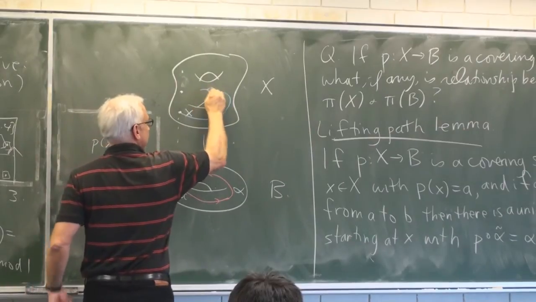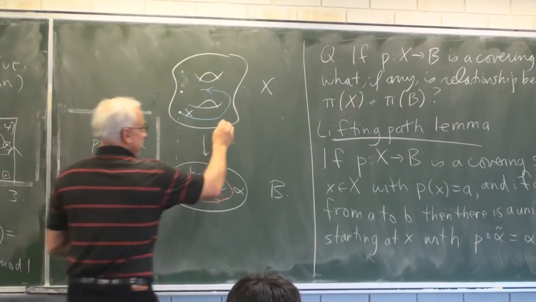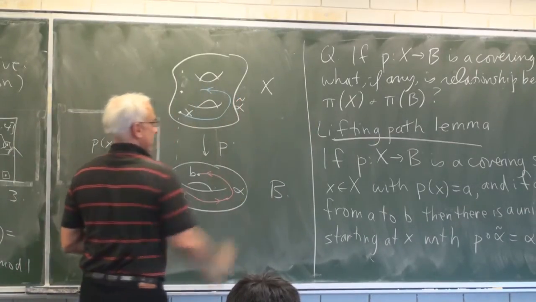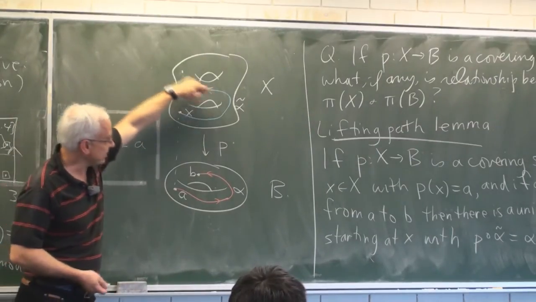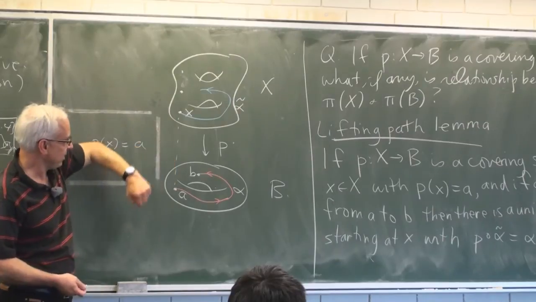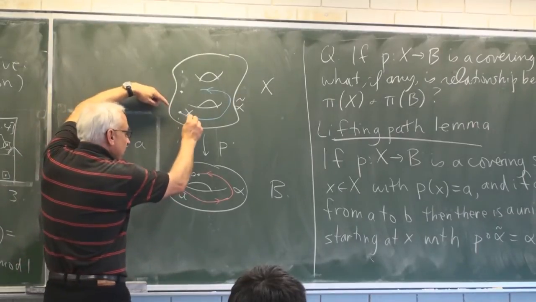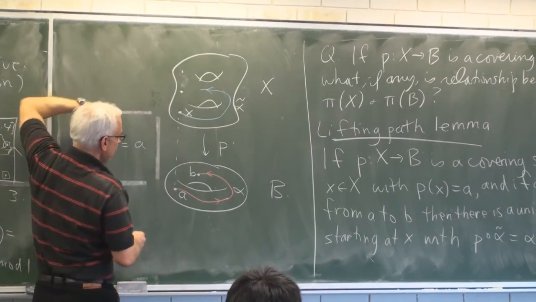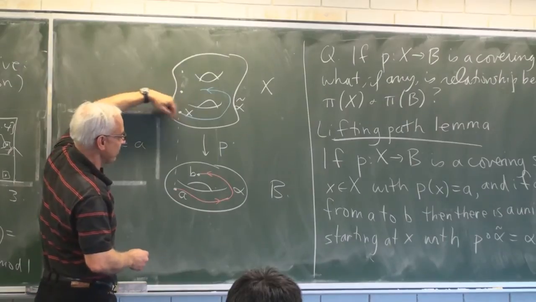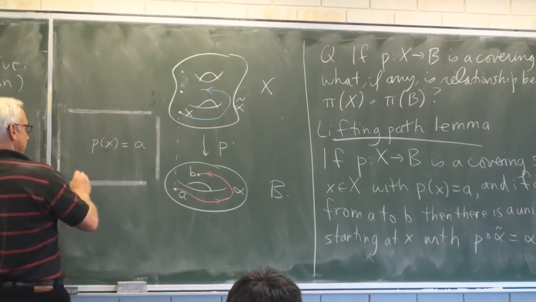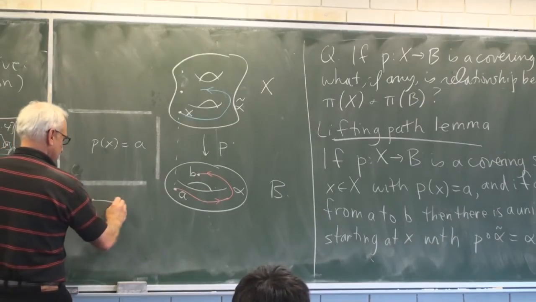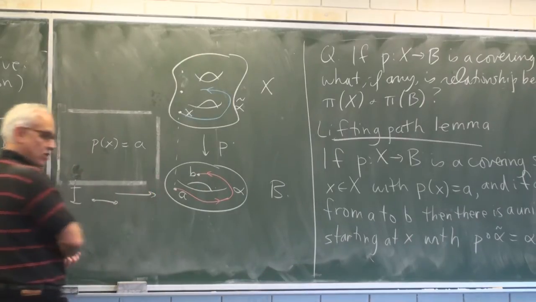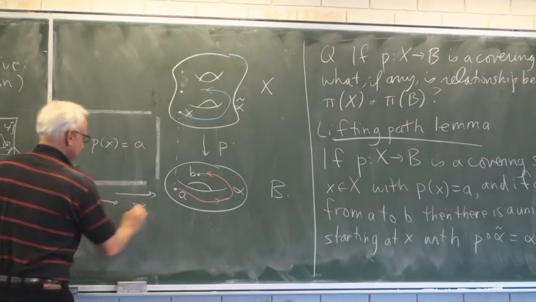This is going to be the path alpha tilde, which is a path in X, starting at x, and has the property that, well, if you compose the path, which is really a function from the interval into the surface,